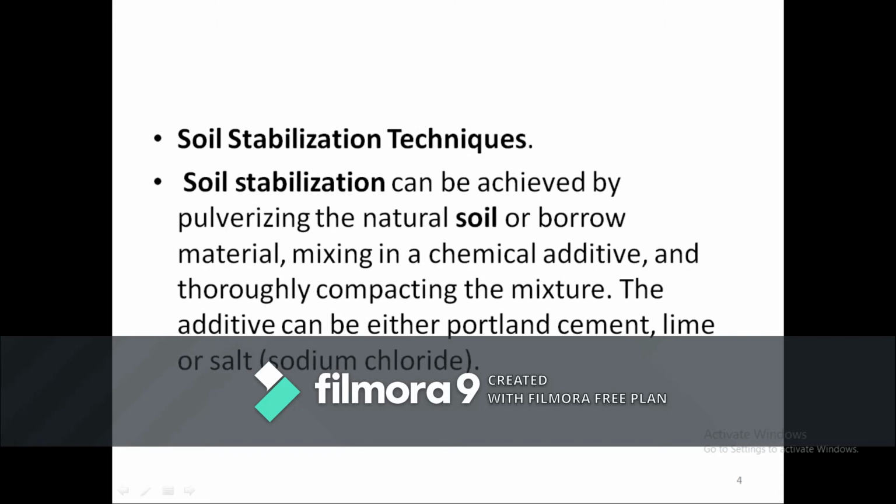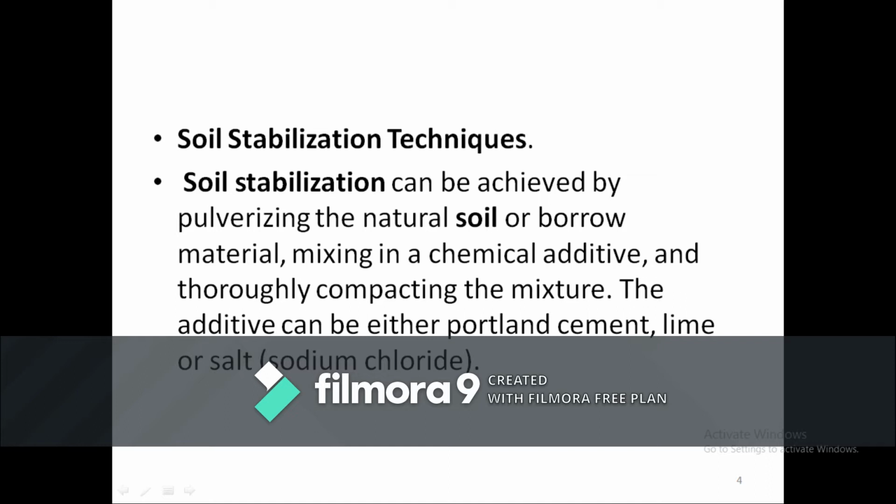So now what are soil stabilization techniques? Soil stabilization can be achieved by pulverizing the natural soil or borrow material, mixing in chemical additive and thoroughly compacting the mixture. The additive can be either Portland cement, lime, salt or any other admixtures.